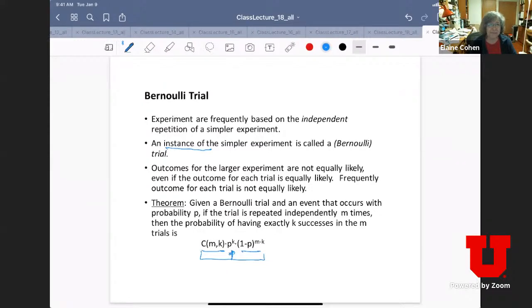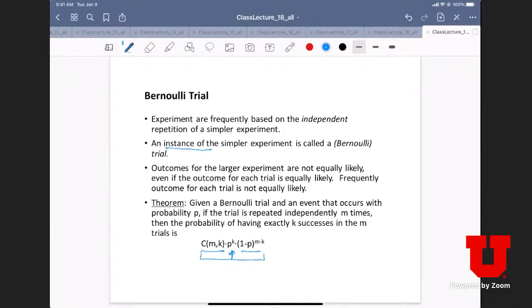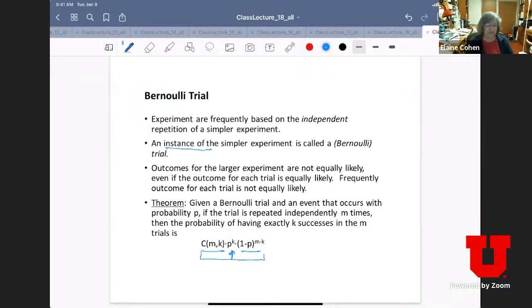Yes, Grant. I kind of have a follow-up question. In the examples that we just did, for the number of successes, would that just be the number of wins? Yes. So we define success here as, can they win? The probability of win. But the event, so an outcome is a win or a loss, but an event here would be winning in 2 or winning in 3 out of 3 kind of thing.